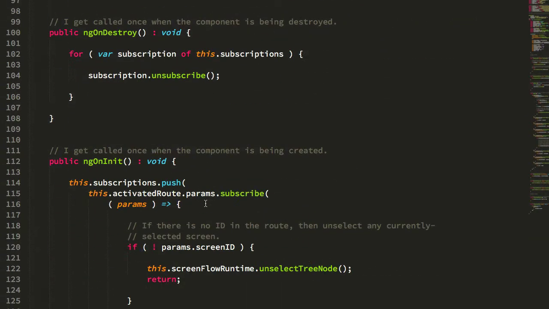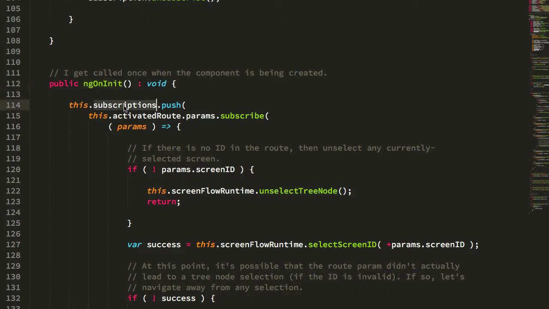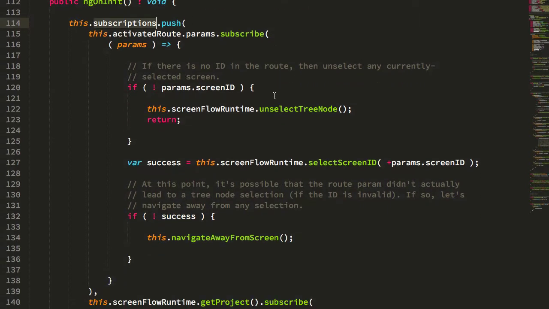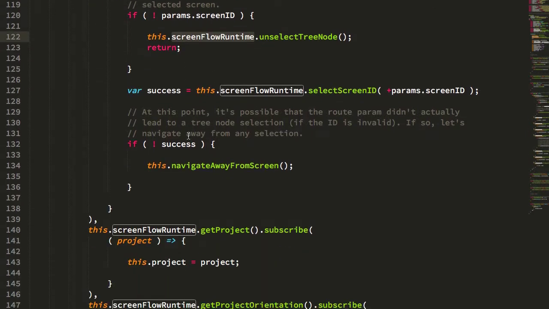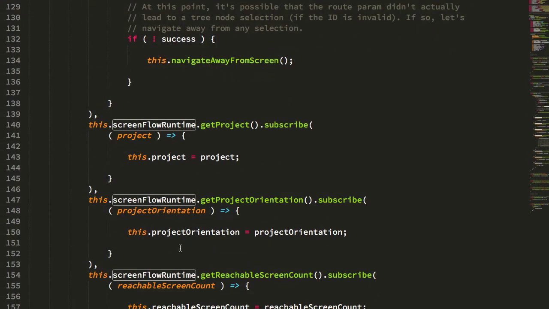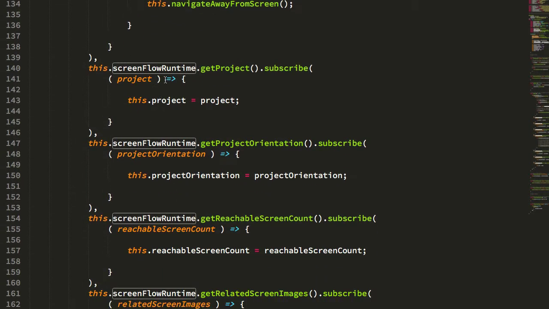And what you'll see is that inside my ngOnInit lifecycle method, I'm essentially collecting a whole bunch of subscriptions. So for example, I'm binding to changes in the route parameters, and then those route parameter changes get piped into the ScreenFlow runtime to affect business logic. I'm also then subscribing to a bunch of properties on the ScreenFlow runtime itself. Now these property subscriptions are super simple. Essentially, I'm waiting for that property to come to fruition, and then I'm just storing it on the current view